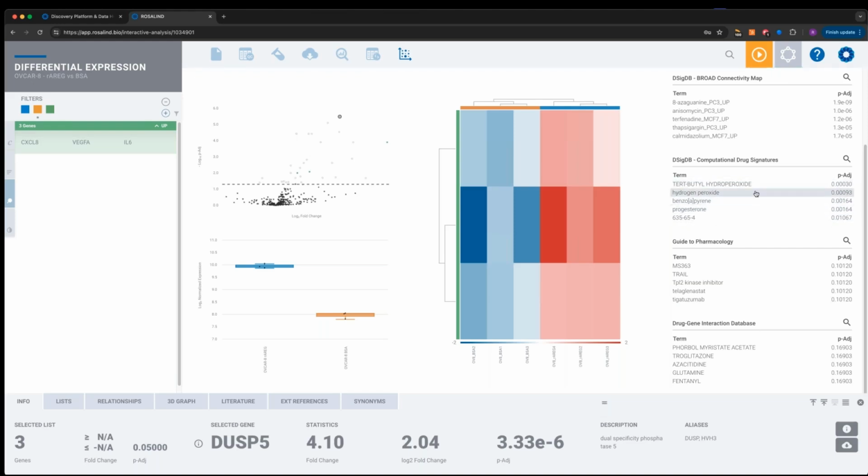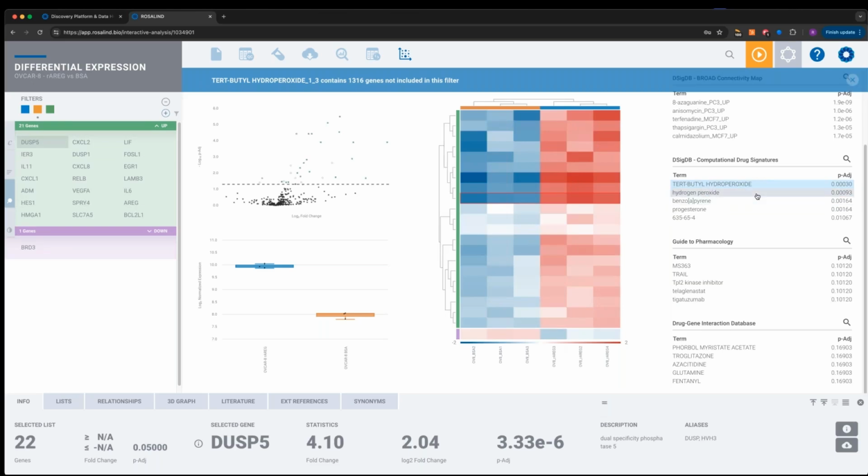So these compounds have a significant enrichment relative to my novel drug that I'm testing here. Can I infer that my novel drug, my novel compound, has a similar mechanism of action to these compounds here? Maybe they do, maybe they don't. These are ways to try to guide you to uncover the mechanism of action of your drug.